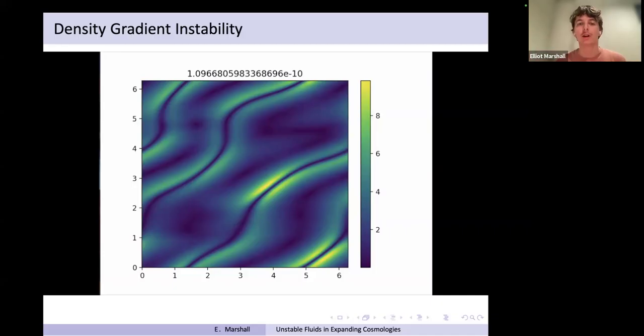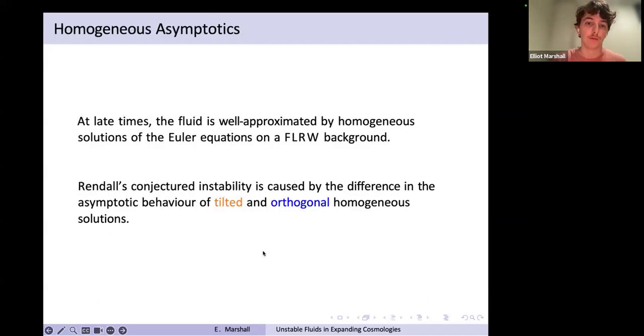Okay, so what I'm trying to emphasize here is that this density gradient instability happens. Rendall's conjecture appears to be true, at least in terms of what happens. But then the question is, what actually causes it? What is the mechanism for this instability? It really comes down to the behavior of fluids on homogeneous spacetimes, so homogeneous fluids on fixed homogeneous spacetimes. And it turns out that Rendall's instability is really caused by the difference in behavior of tilted and orthogonal homogeneous